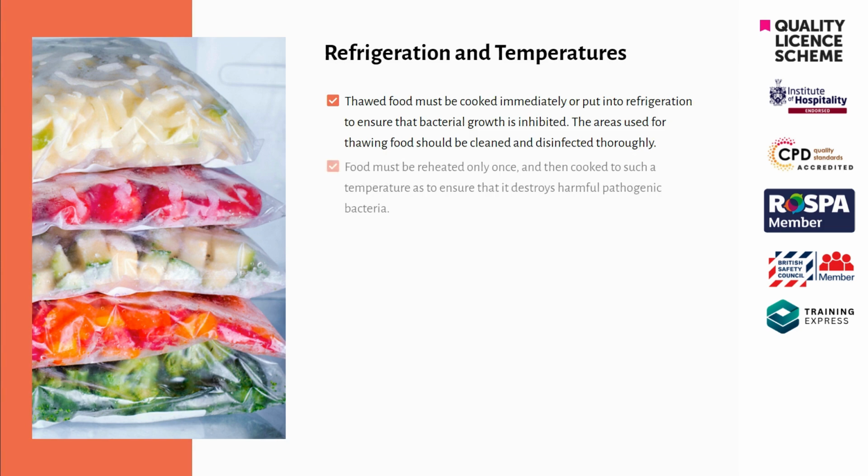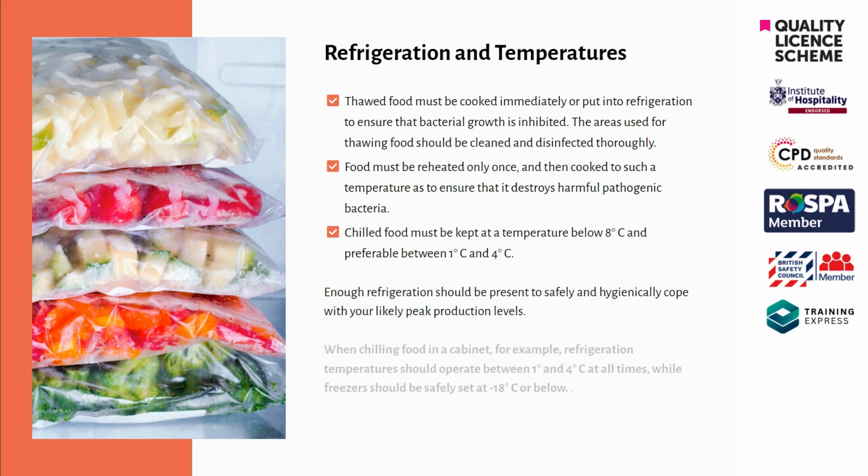Refrigeration and temperatures. Thawed food must be cooked immediately or put into refrigeration to ensure that bacterial growth is inhibited. The areas used for thawing food should be cleaned and disinfected thoroughly. Food must be reheated only once and then cooked to such a temperature as to ensure that it destroys harmful pathogenic bacteria. Chilled food must be kept at a temperature below 8 degrees Celsius and preferably between 1 degree Celsius